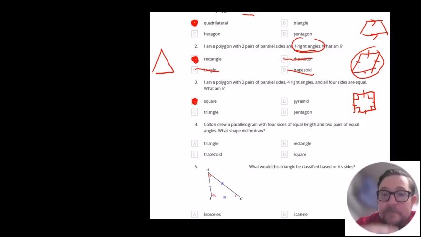Question 4. Colton drew a parallelogram with 4 sides of equal length and 2 pairs of equal angles. What shape did he draw? All right, so remember, a parallelogram could be a square, a rectangle, or a rhombus. But we know that in the square and the rectangle, all 4 angles are right angles. But if it only has 2 pairs of equal angles and not all 4 are equal, then it has to be